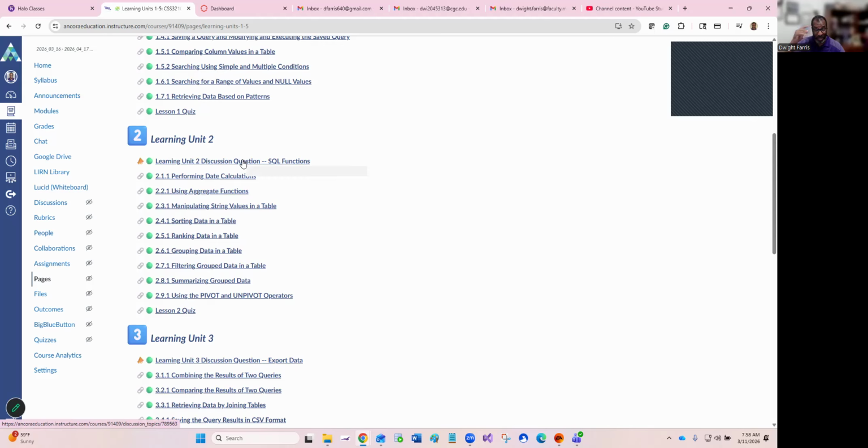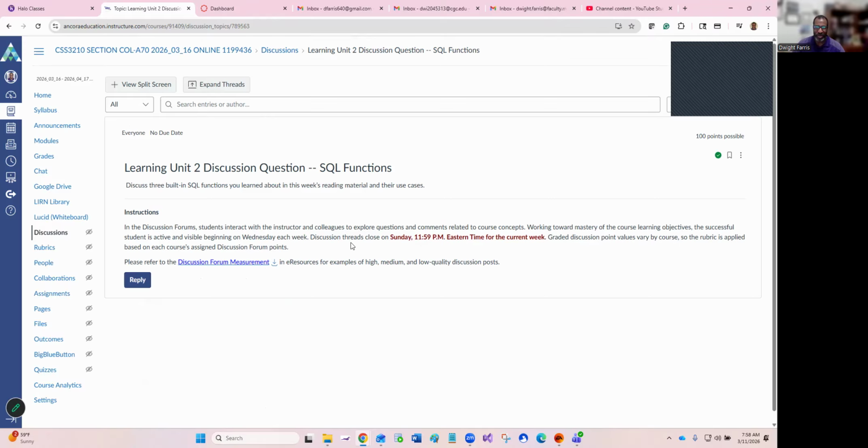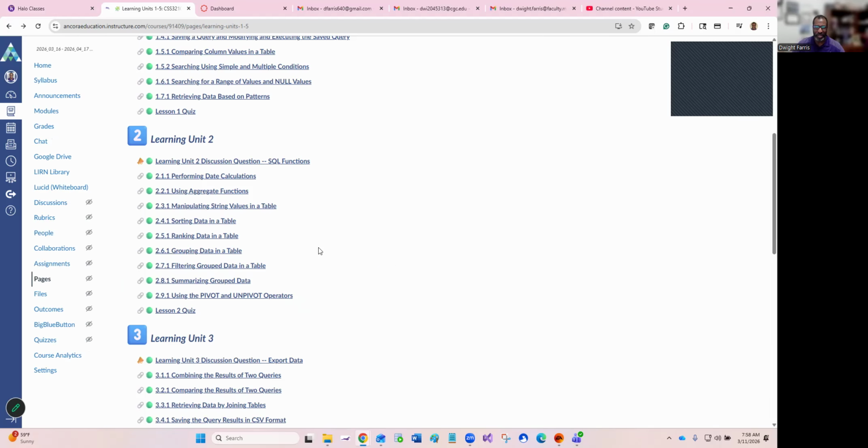Once again, we have our discussion question for the week. And we're going to look at SQL functions. So discuss 3 built-in SQL functions you learn about in this week's reading. So basically, there's a lot of built-in functions that you can use that can help you with your queries. So make sure you go through those. And then respond to the discussion question. And that reminds me, it's probably best to dig into the research and the reading, or even do your own research before you go into